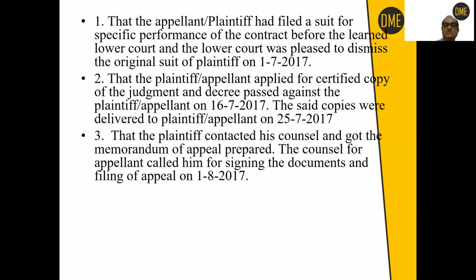So the appeal, if filed on 1st August, will be well within limitation, because limitation is to be counted from 2nd of July, and the time consumed in obtaining certified copies is again to be excluded. The period of 10 days from 16 July to 25th July shall be excluded. So if the appeal is filed on 1st August, it will be very well within limitation. There will be no problem.